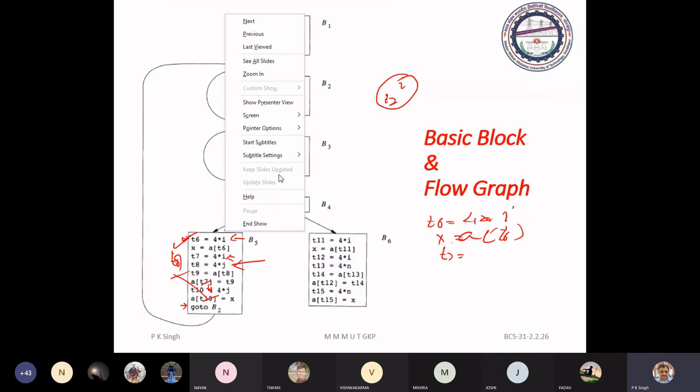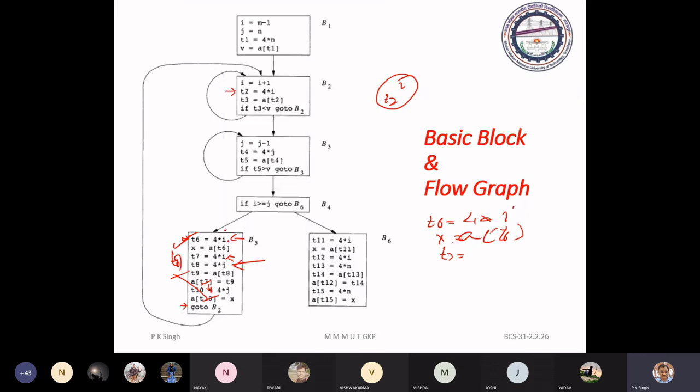Okay? It means the value of I is same, and 4 into I, that is T2, is same. So in spite of using T6, you can use this previously calculated value T2 in place of T6. So here you can write T2. Okay.